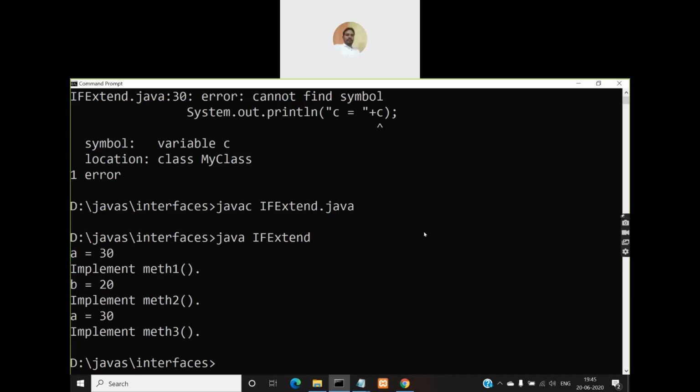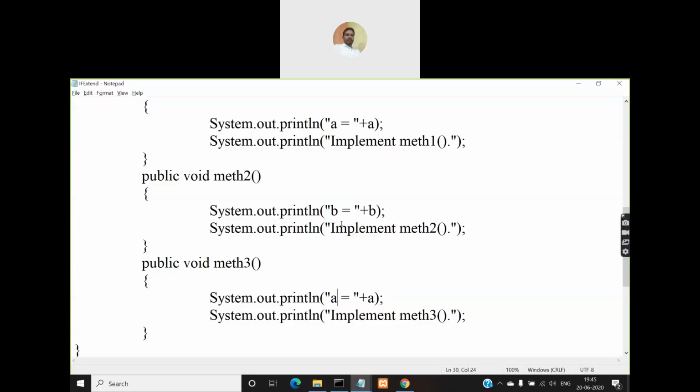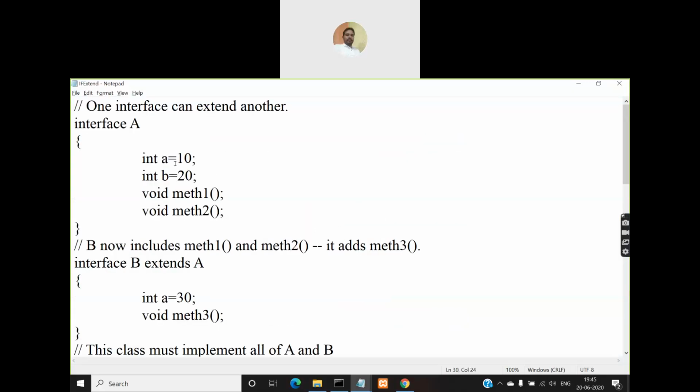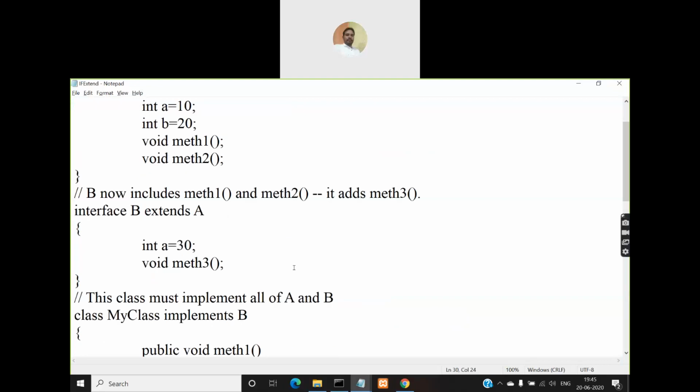So there is a variable a with the same name a in interface A as well as in interface B, right? Now how do we access the superinterface A's variable value? Now I'll change this to say a is equal to 10. I want to access it.